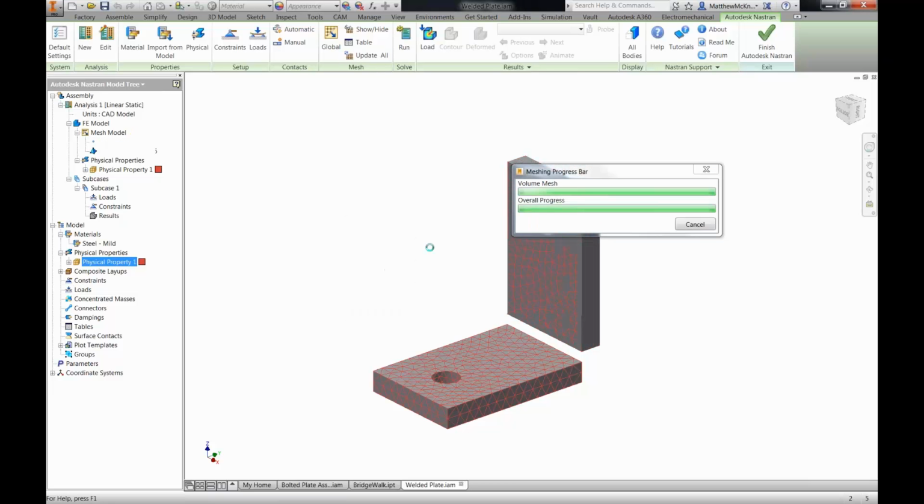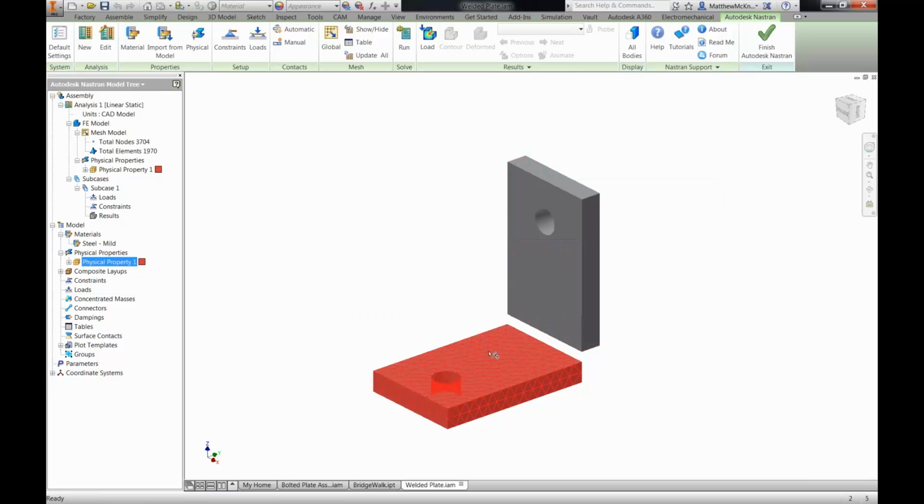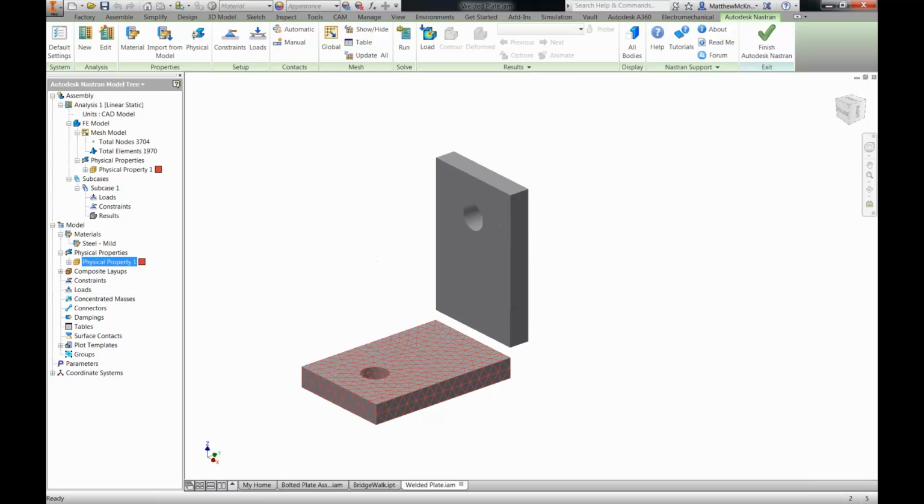Let's have a quick look at that. And you can see here that we've just meshed one body in the context of our assembly. If we were to run this assembly now, it would just disregard that this body was actually part of the simulation. So this body here wouldn't be taken into account. We can add another